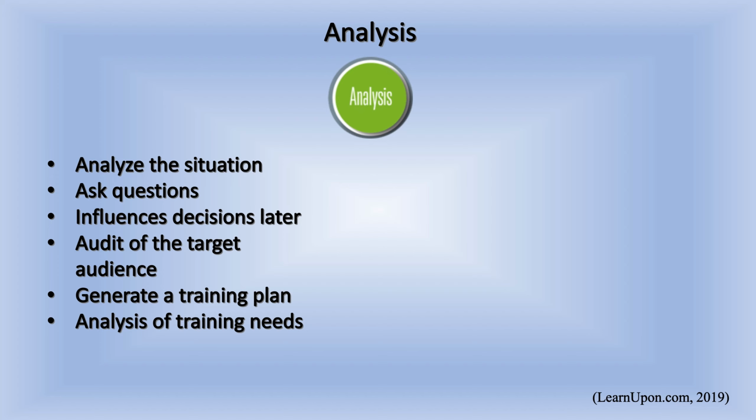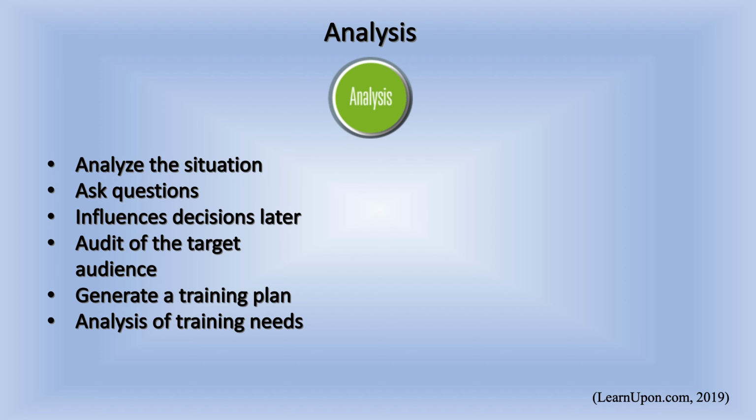One very common question is, what is the point of the training? Why are we doing this? What type of behavioral change are we anticipating? Will training actually help? This phase should be a full audit of the audience, business goals, training methodology used, the different types of media, all that stuff. And once this is done, you can generate a training plan that addresses the 5 W's: who, what, when, where,